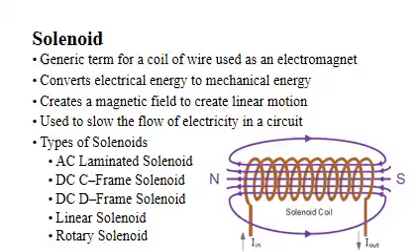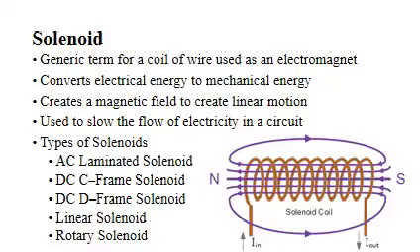Solenoid is the generic term for a coil of wire used as an electromagnet. It also refers to any device that converts electrical energy to mechanical energy using a solenoid. This device creates a magnetic field from the electric current and uses the magnetic field to create linear motion. They can be used to slow the flow of electricity in a circuit, making them an example of an inductor